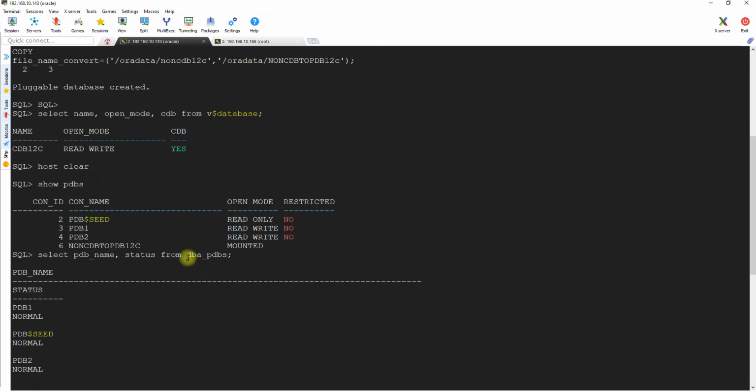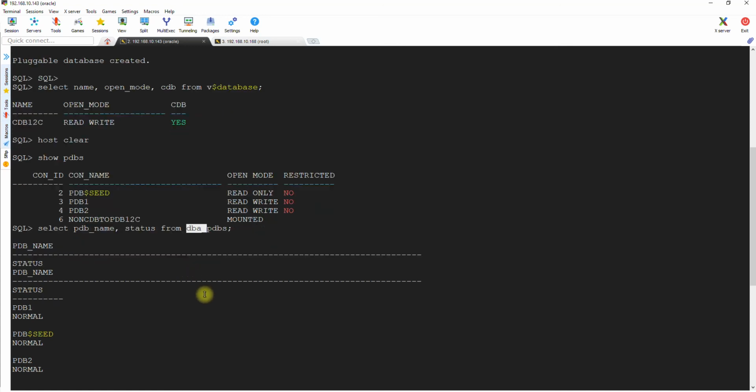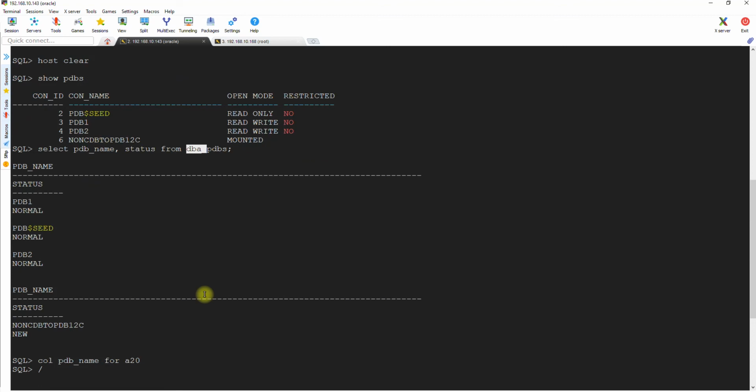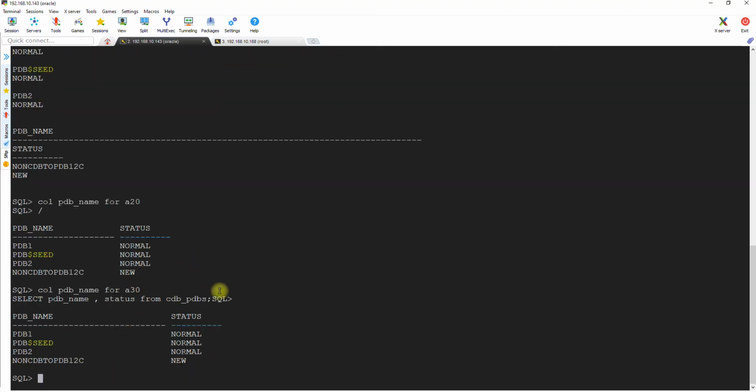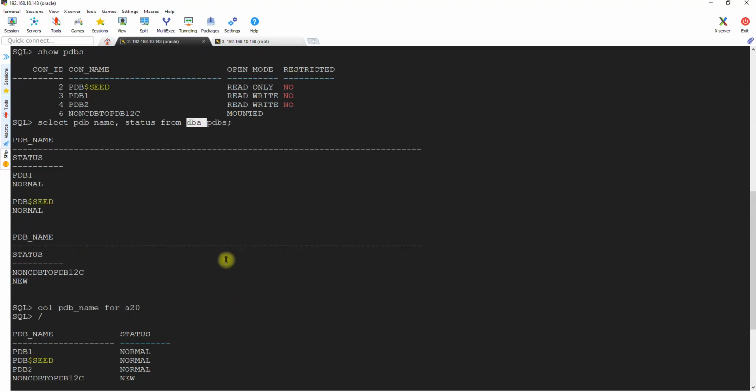As you might have already seen, if you run the DBA_ views from the container database or CDB root, it will output the information for just that specific container you are in, not the other pluggable databases.